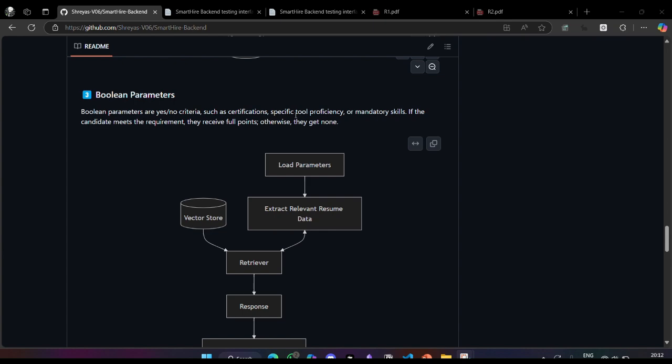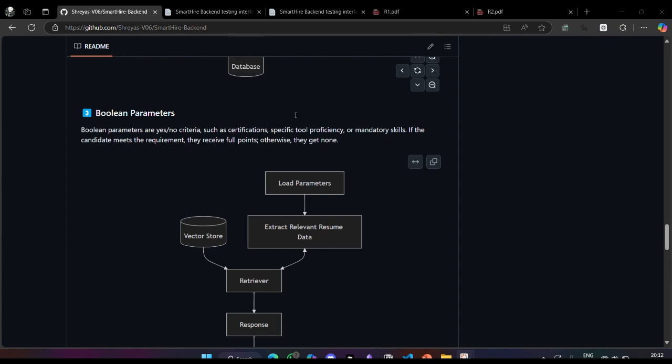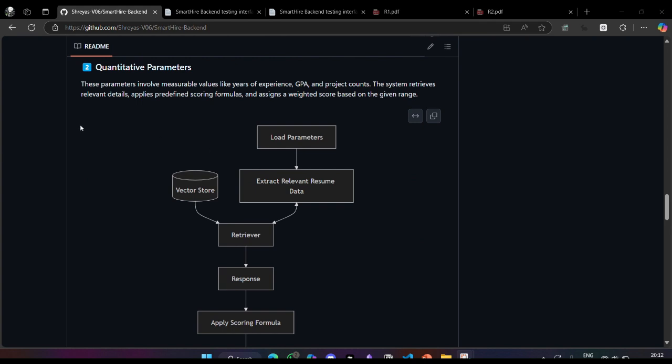The second thing is quantitative parameters. ATS also has quantitative parameters. The quantitative parameters are basically parameters which have numerical values associated with them. So, for example, CGPA of a candidate, or years of experience, or age of a candidate. The parameter will compute a score based on the numerical value, and that will be considered as the raw score